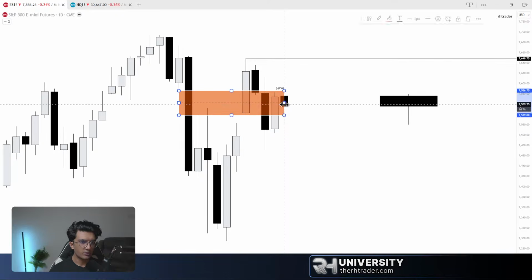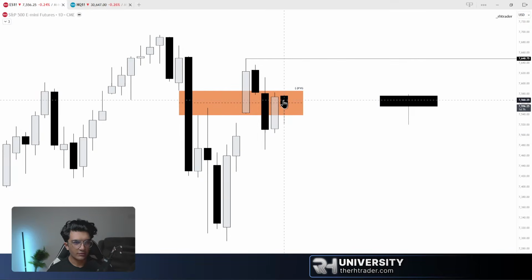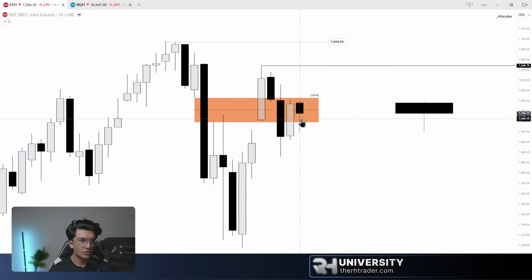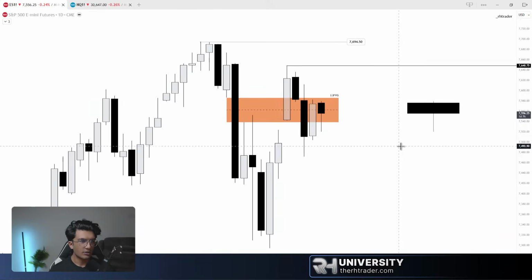The exact same thing here. And ES seems to have pushed or retraced quite more aggressively, right? So this just means that it's going to take some time to get to the same objective that Nasdaq has to push through. So in this case, we just expect price to push higher to this high, right? So we just watch for this high in the next week, and then we can expect Nasdaq to get there.